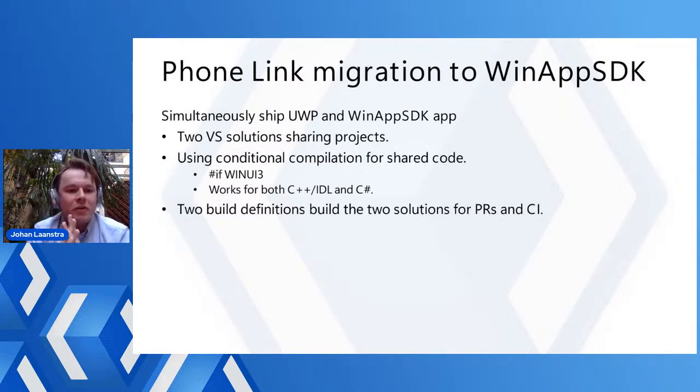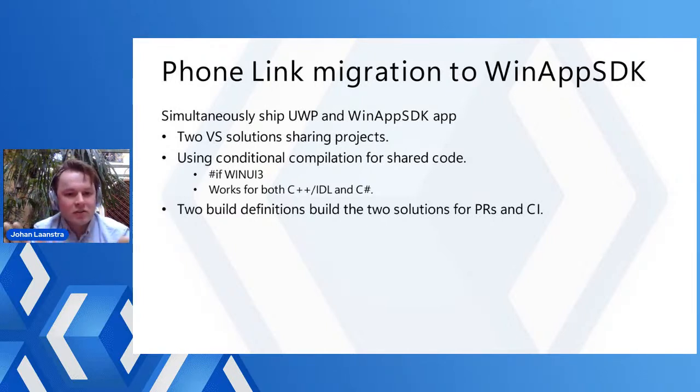So we started this migration a few months ago, and because we need to continue to ship our current UWP based app, we went with a solution that gives us the ability to ship both our Universal Windows Platform app and our Windows App SDK based app simultaneously. And so we have two VS solutions that are sharing the same projects, and we use conditional compilation and some other techniques to share 95% of the code between both apps, which works for C#, C++, and IDL,